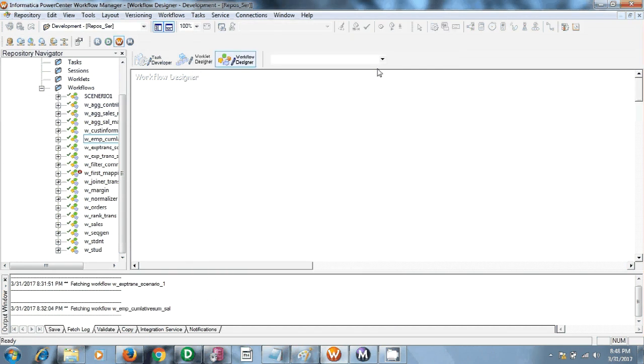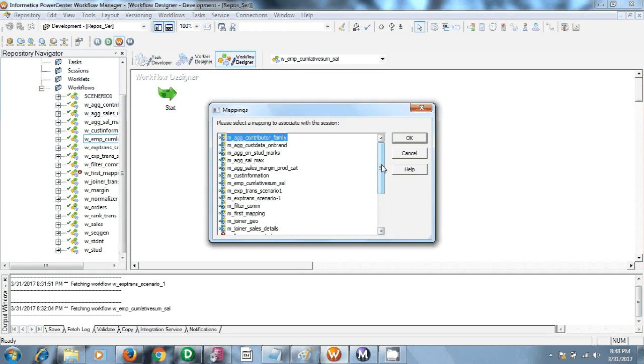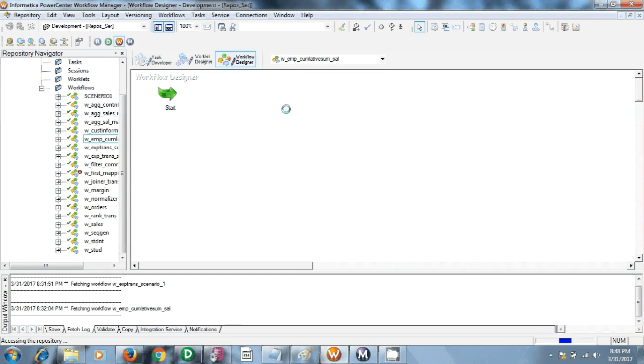Create a session here with my mapping, and link your session. Double click on your session, go to Mapping, and check your source connection.